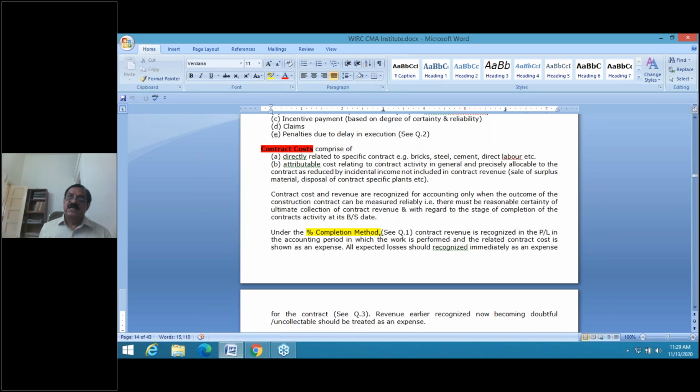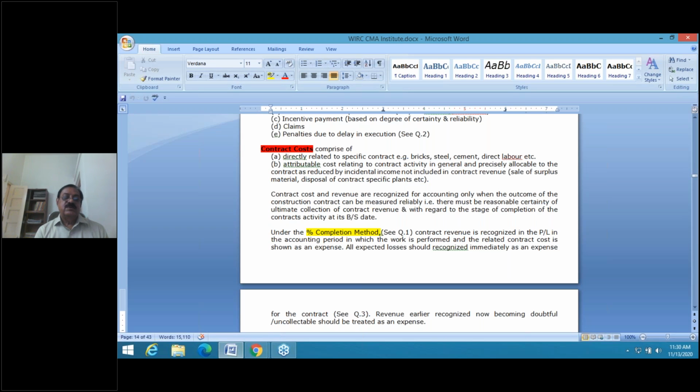Suppose I have spent 10 lakhs on a building contract, being a contractor. I have received 1 lakh from the contractee as advance. Now the contractee has gone into liquidation and nothing will be realized from the balance amount. I've spent 10 lakhs, only 1 lakh I've got as advance. So for the 9 lakhs, there is no reasonable certainty of its ultimate collection, as the contractee has gone into liquidation. So friend, I will book only 1 lakh. I will not book the 10 lakhs. No reasonable certainty. But next year, suppose he has recovered his financial position and he is capable of paying me, then I will record it at that time.